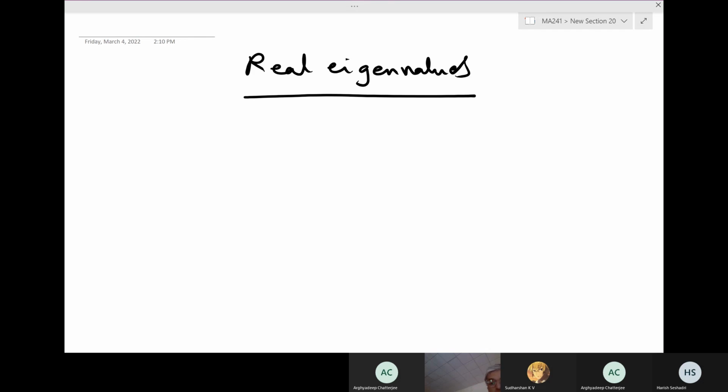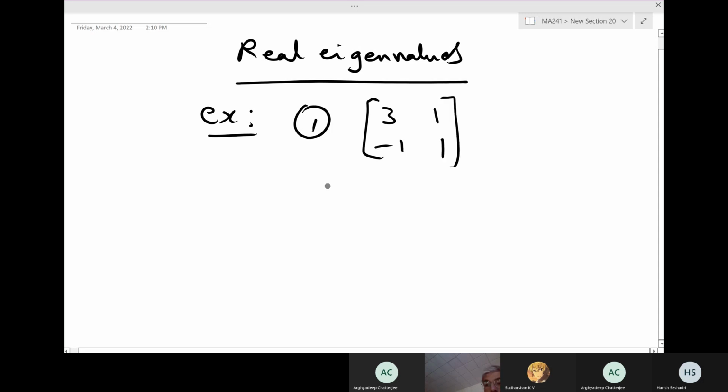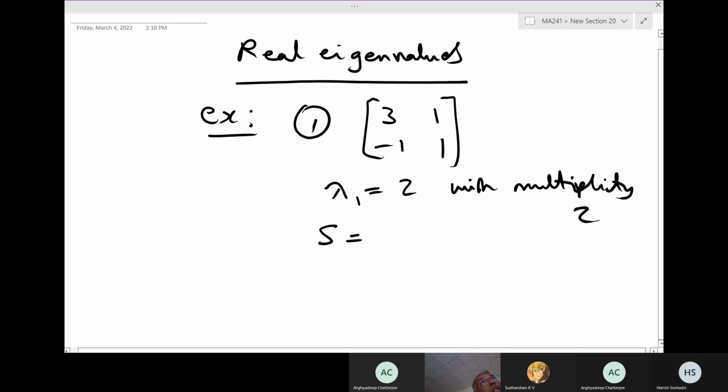Real non-distinct eigenvalues. It's a 2 by 2 matrix, 3, 1, minus 1, 1. In this case, it turns out that you have just a single eigenvalue with multiplicity 2. Well, as I said last time, I think I did this. So last time, as I mentioned this,